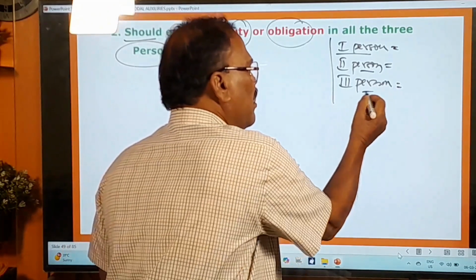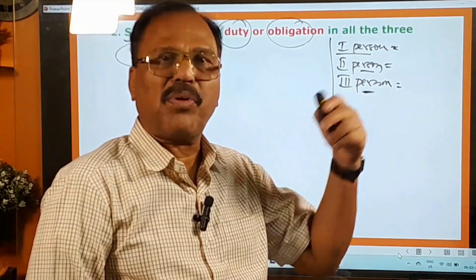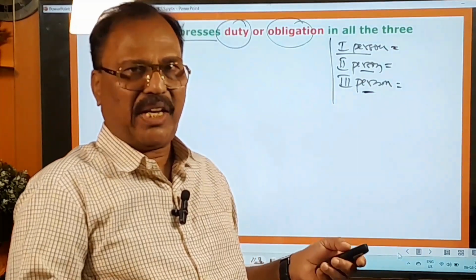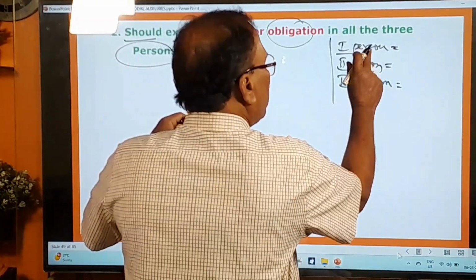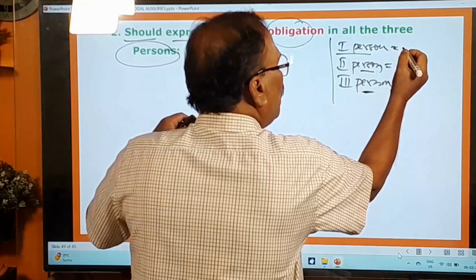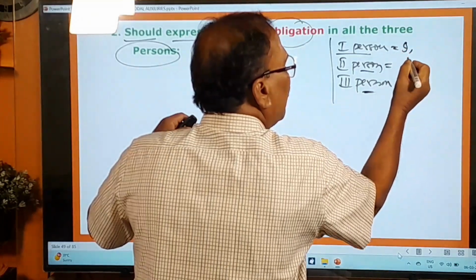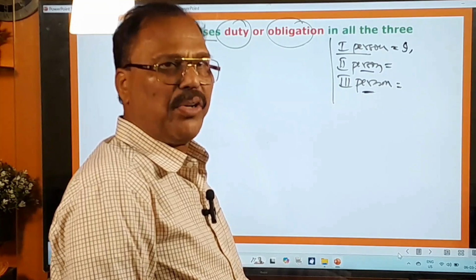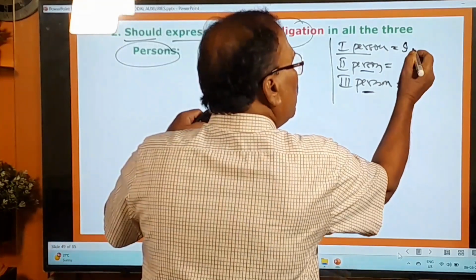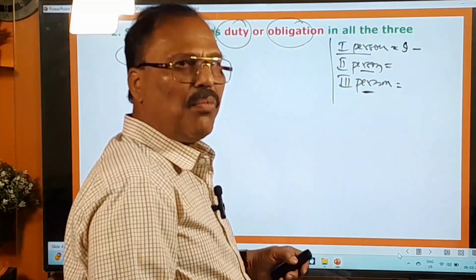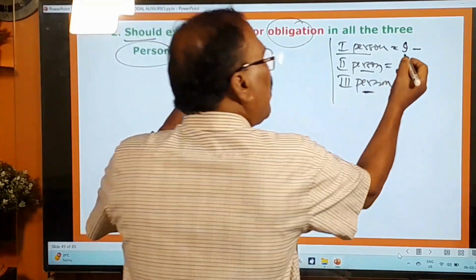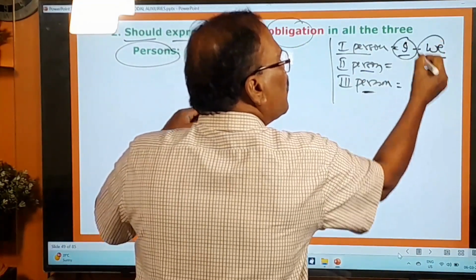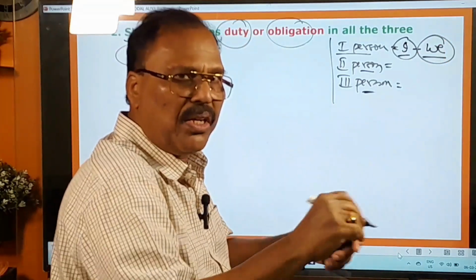And third person means the person spoken about. Evadi gurinchi maatladte vade third person. You know that very well. Who is the first person? I. మాట్లాడబడి ఏమంటాడు ఐ, నేను అంటారు. So in English you say I. చాలా మంది మాట్లాడితే ఏమంటారు మేము అంటాం. కాబట్టి the plural of I is what? Always we. So the first person singular is I, the first person plural is we. That is how we learn the things.